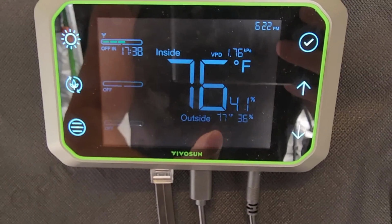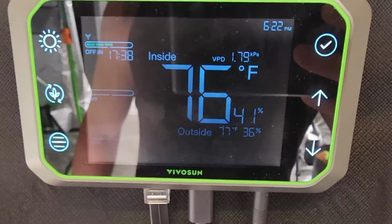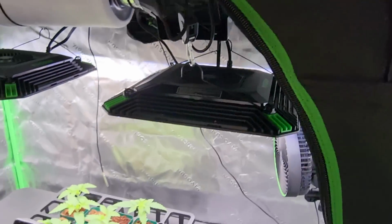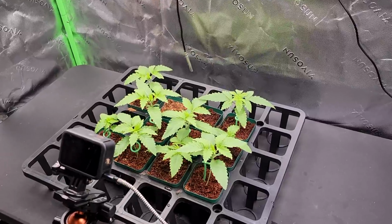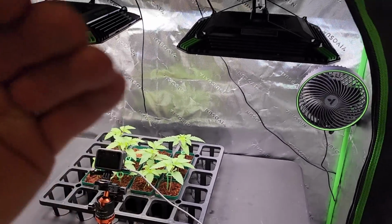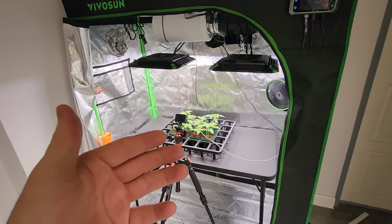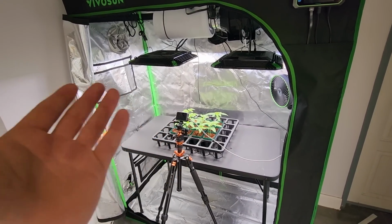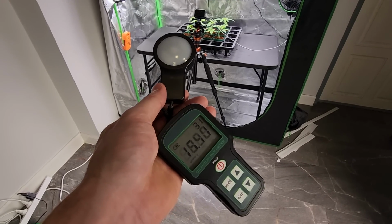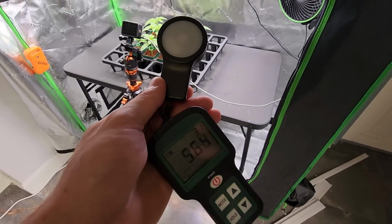That is a little cooler and lower relative humidity than I would like to see for the seedling stage, as we are targeting 1.0 VPD for a seedling stage. And we'll raise that VPD rating up higher as we continue through the grow up until like 1.8 in late flower. We're going to check out the PPFD, the light rating at the seedling stage, just so you guys can